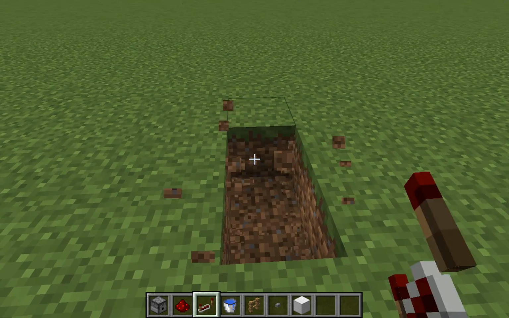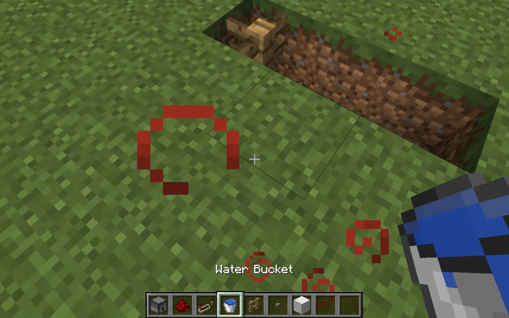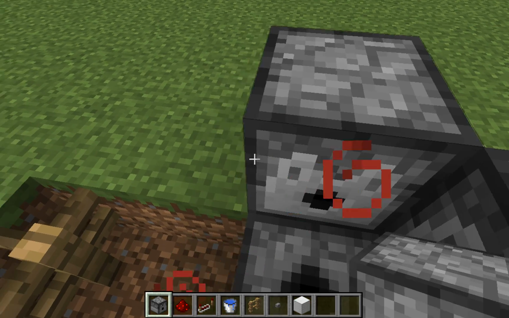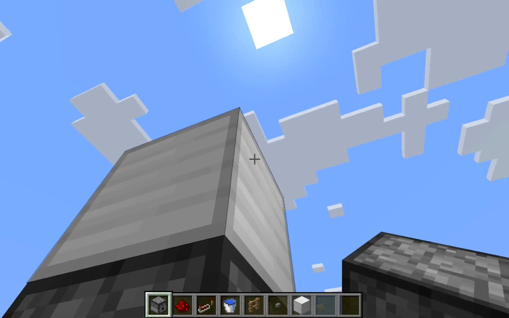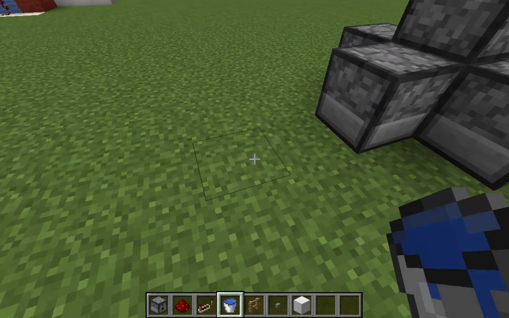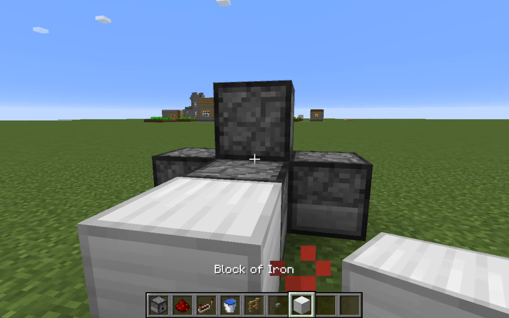So you want to start off by making a 3 by 1 hole and placing an oak fence, and then you want to get your dispensers and you put one there, one there, one there, and one there, and then you put one up facing like that, and then first you put them under there, and then you come around to the back side, break those 2 blocks, get your redstone, put it like that, put a block there and there,